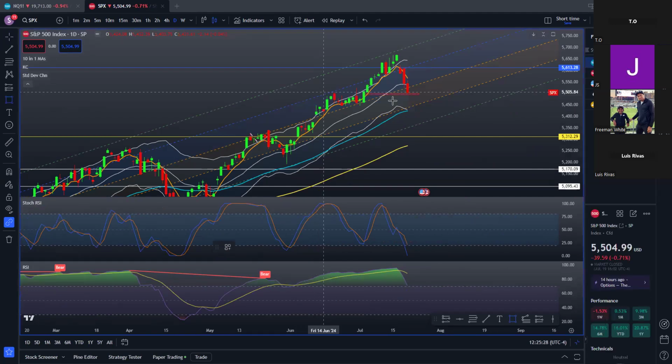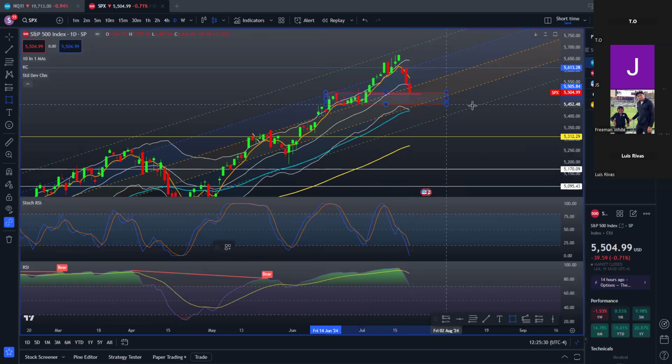You see this block right here? Yeah, it's got to break that. It's got to break this whole box, and it's not going to be easy. If it is, then I'm just wrong. I'm always okay being wrong, but I just know from past experience, once it gets into these areas of consolidation,